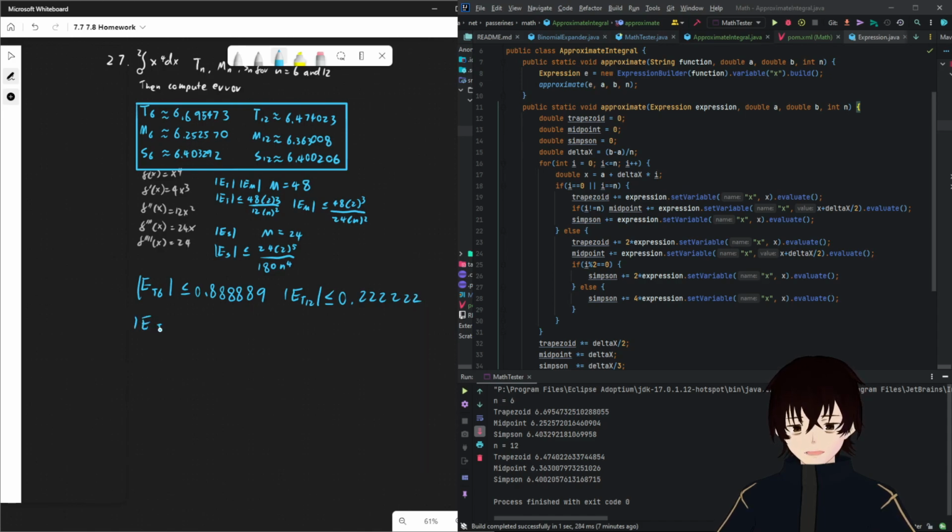Error of M with interval of 6 is less than or equal to, oh, I just got to divide by 2, 0.444444. Error of M with interval of 12 is less than or equal to 0.111111. Now error of Simpson's rule with interval of 6 is less than or equal to